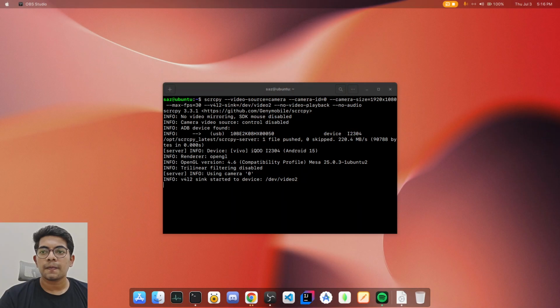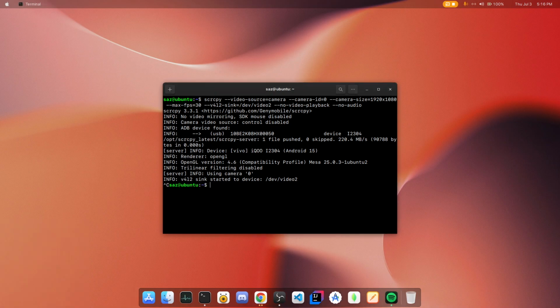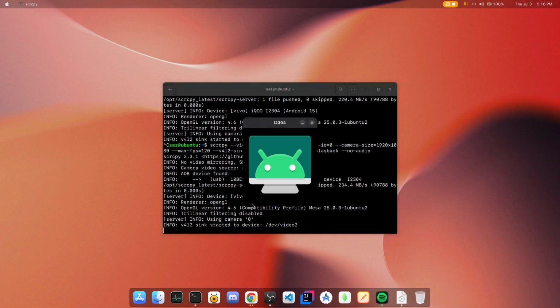Alright, I think I'm back again. So this is the one which is currently working. So let me go to the screen-only mode, turn this off, change the fps to 120 because my phone supports 120 fps. As you can see, the video has started. There is not much change,